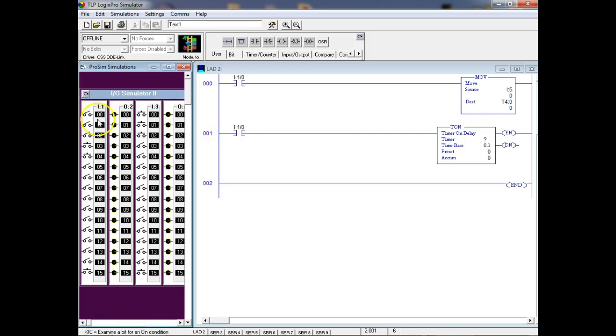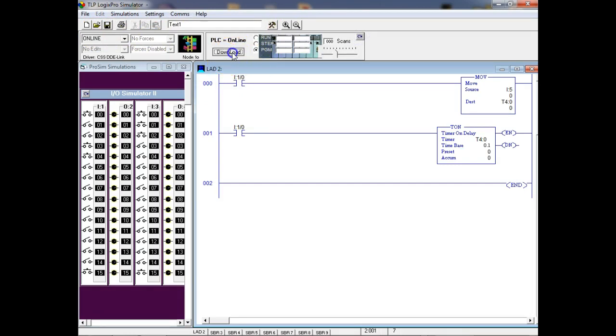So what I'll do is over here, I'm going to make this a push button, and I'll leave this a switch. And I got to give this a timer. Timer 4. Everything okay? 0. So here, if this thing works according to the way I think it's going to work, which I'm pretty sure it will,